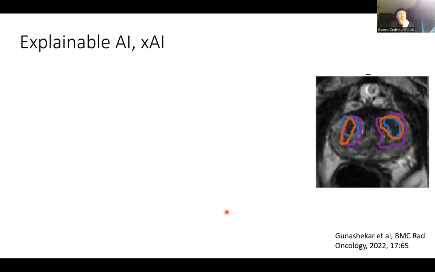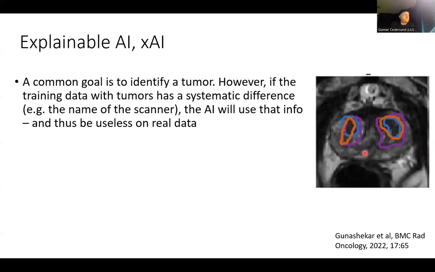And there is a whole direction of machine learning and AI that tries to get a grip on that, and that's called explainable AI. So if you have an image like this, and you want to determine if there is a tumor in this image or not, then there are many examples of publications in high-impact journals where they say that, oh, we can determine this with almost 100% accuracy.